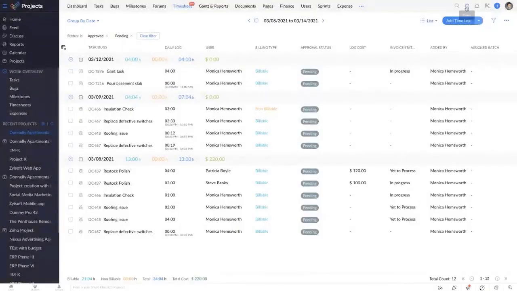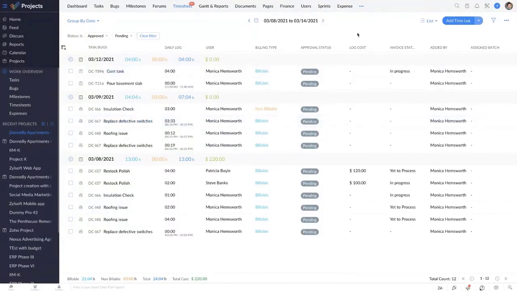One is through the global timer at the top. Click on this icon at the top and select the task that you're working on and click on Start. Now you have options to either pause this timer, just if you're taking a break or if you're stepping away from working on the task, or even end it after you're done working on the task. You could select if it should be a billable task or non-billable and click on Update. This would directly update the timesheet entry.